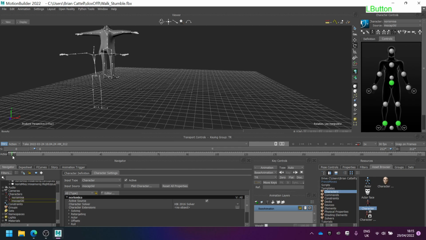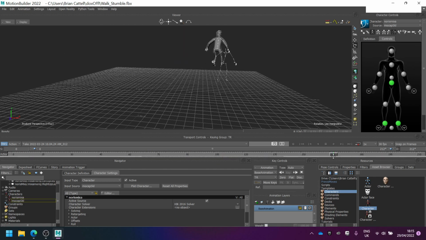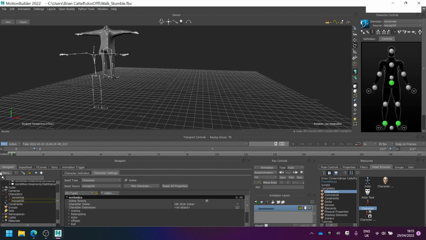But you can see now that the motion has been adopted by my character. So there goes. Now one more thing to do,